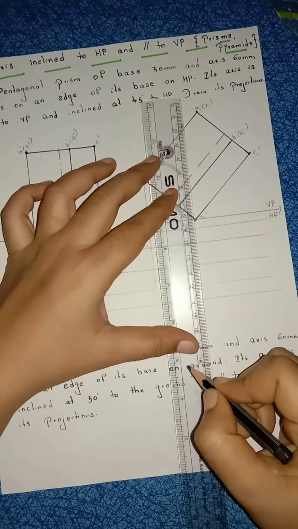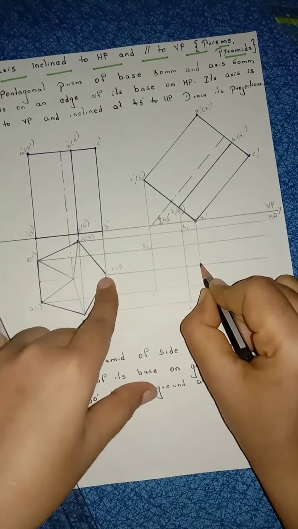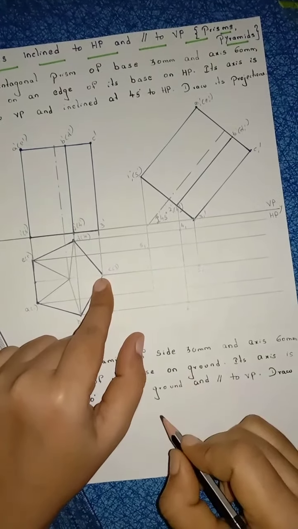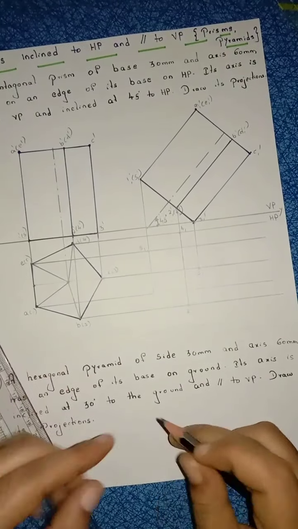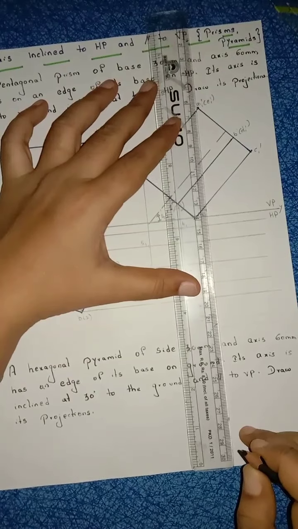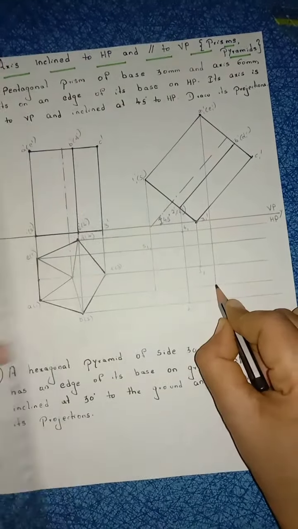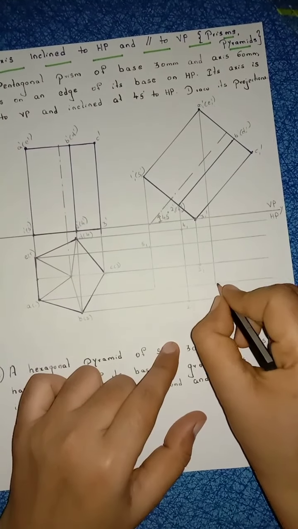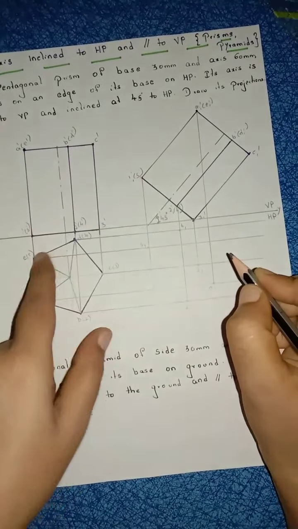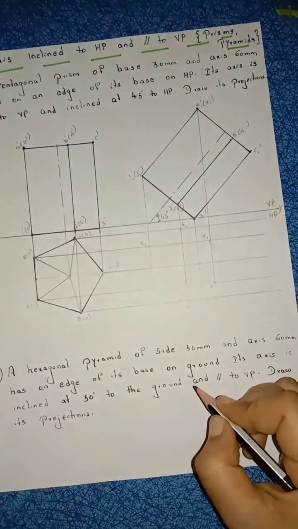Right? Now from 3, draw a straight line till the third point. C of 3, no? This is your third point. Name it as 3 of 1. Right? In a similar manner, now alphabets. From A, draw a straight line till the A point. Name it as A of 1. Next E point, no? E to E. This is your E of 1.